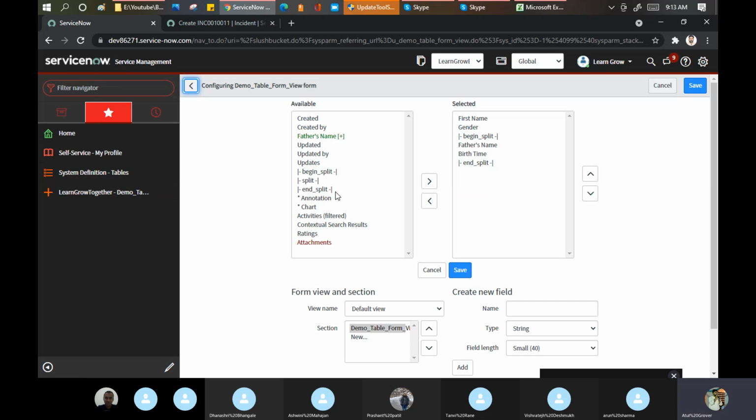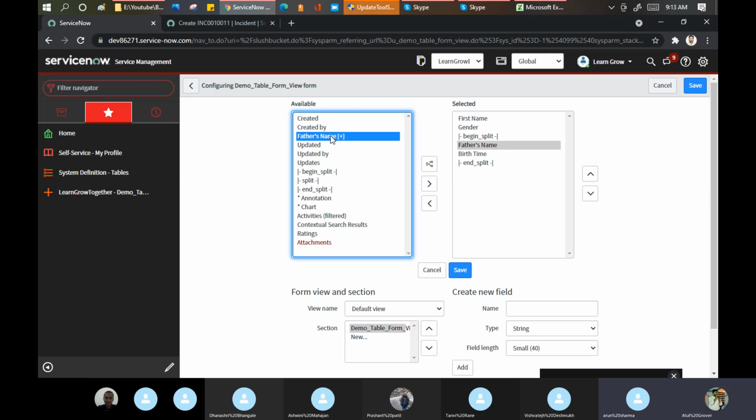Okay, one more thing. See what we did. We made father's name a reference. Yes or no? Right. If you see here, father's name is appearing in green color with the plus sign. It means now you can use the user table fields in your table as well.